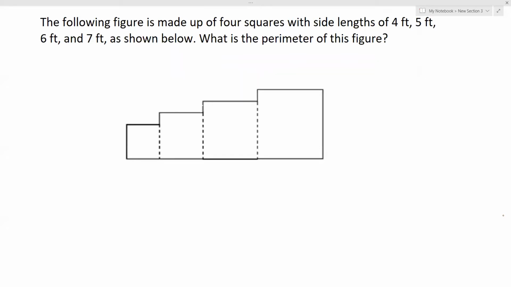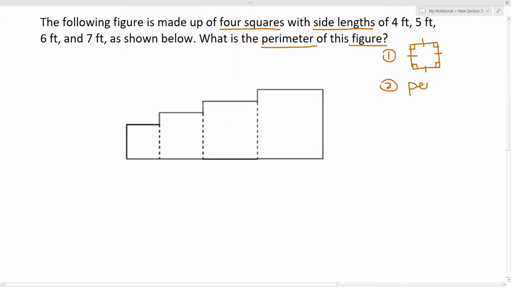Okay, so now I am going to work on this problem. First of all, we know that there are 4 squares and we're given their side length. And we're asked for the perimeter of this whole figure, right? Of this figure. That means this whole shape here. First of all, we know that squares are shapes that have 4 equal sides and 4 right angles. That's square. Number 2, we know that perimeter